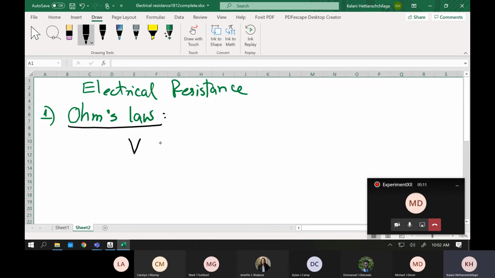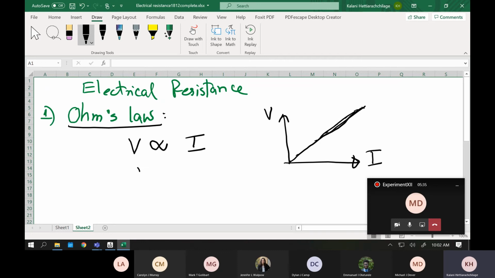If you take the voltage and the current, these two are proportional to each other. What that means is if you plot the voltage as a function of current, that will be just a linear line. That means your dots should be on the linear line, right? So it's linear, not parabolic. Now we can replace the proportionality with an equal sign, and write it as V = R times I, right?